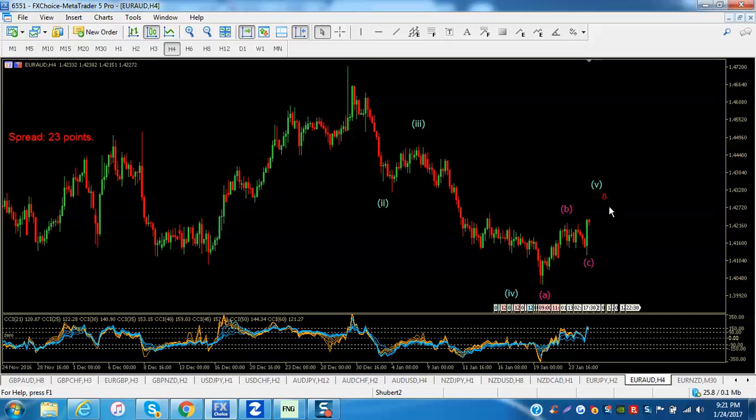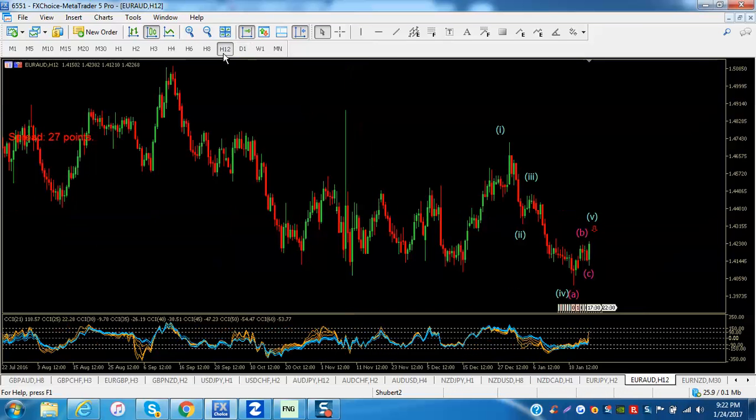Okay, and then at that point, if I'm still in the trade, I'll probably be looking to lock in my profits, move my stop up really close, and if it keeps going, great, I'll let it ride. If not, then I'll exit at that point and maybe look to go short for wave 5. Okay, so again, this one also points out the importance of